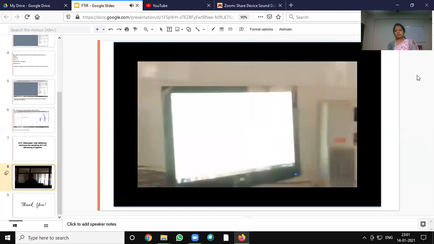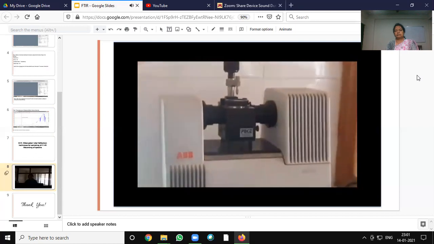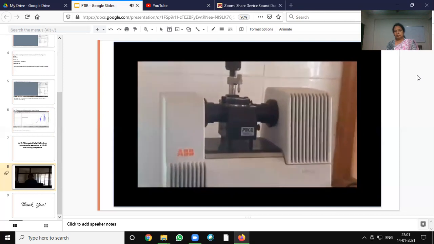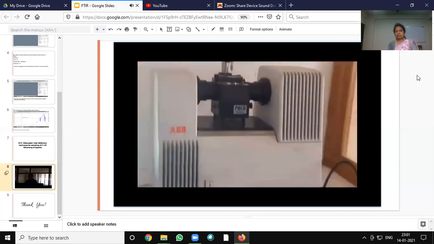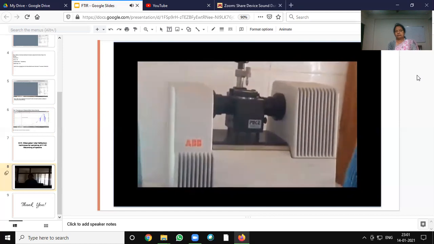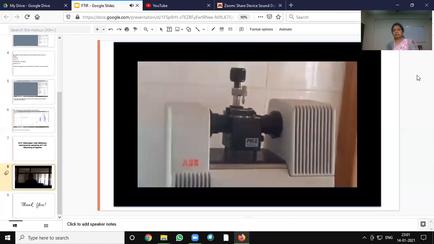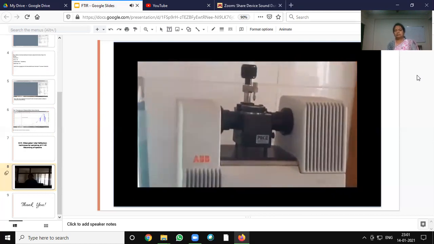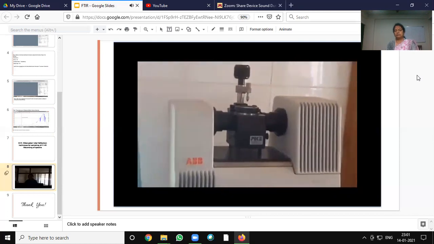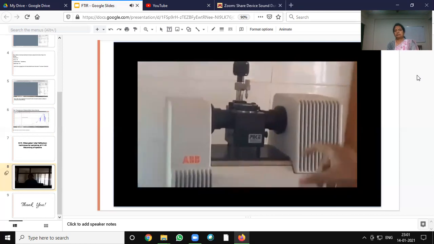Now ATR is the attenuated total reflection technique. It is used for raw material verification, quality control and scientific research. In this ATR technique, there is no need for sample preparation; all types of samples, of any size and quality, we can measure with this ATR.